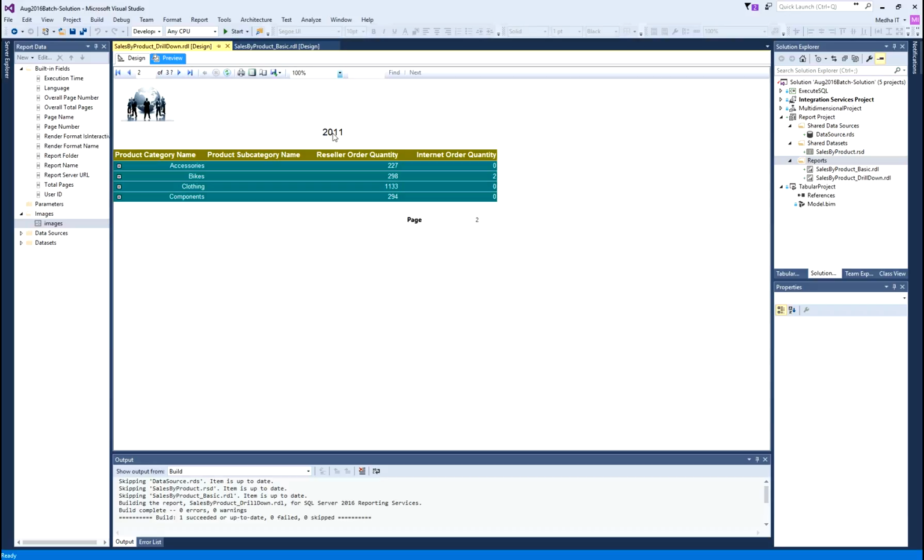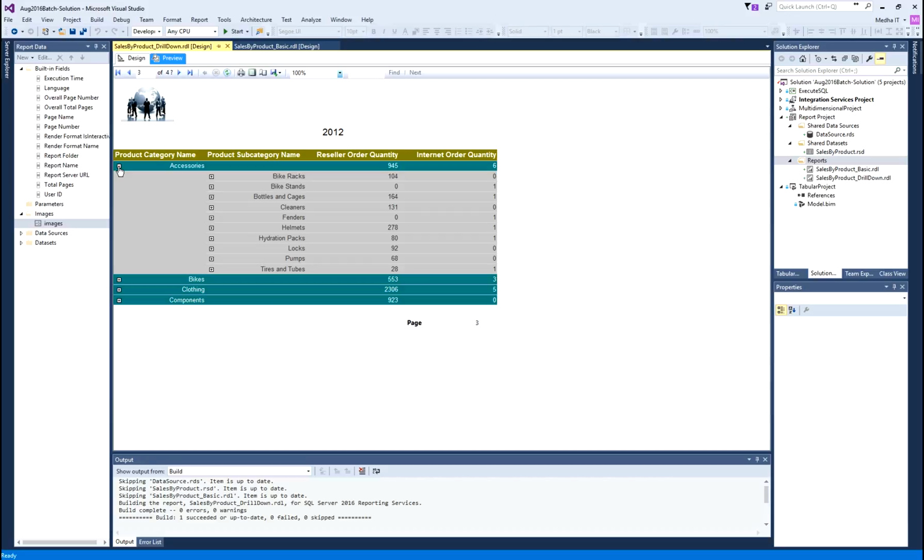I see 2011 and my page number has changed to 2 by default. I didn't do anything with that field. It's a built-in field. Click next. It shows 2012 and page number 3, and I can do drill downs.